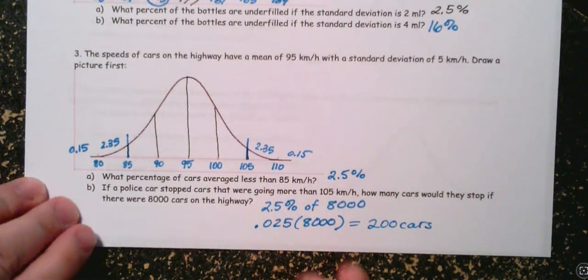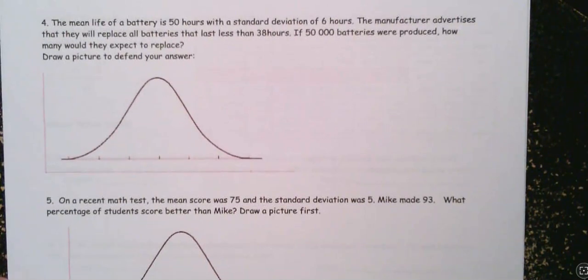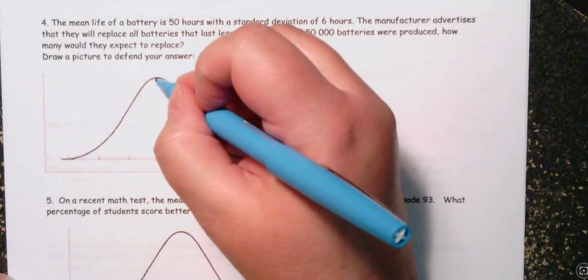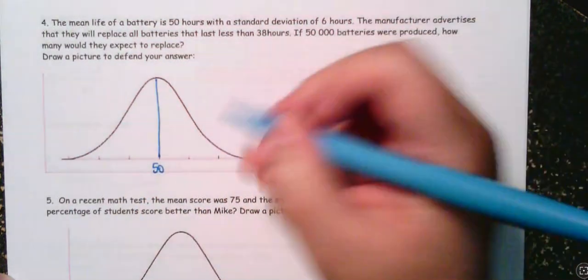Okay, moving right along. Number 4. The mean life of a battery is 50 hours with a standard deviation of 6 hours. The manufacturer advertises that they will replace all batteries that last less than 38 hours. If 50,000 batteries were produced, how many would you expect to replace? So the mean is 50. I'm liking this blue, so I'm going to stick with it. Standard deviation is